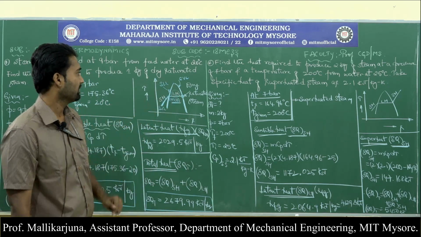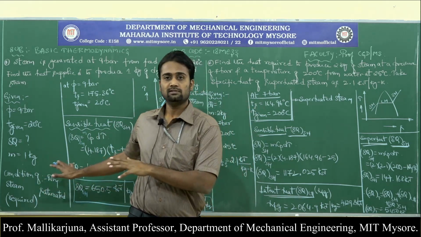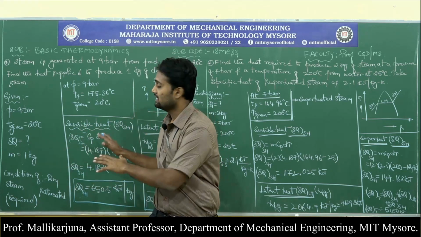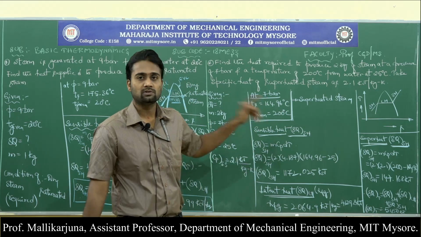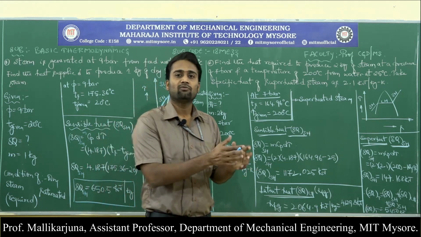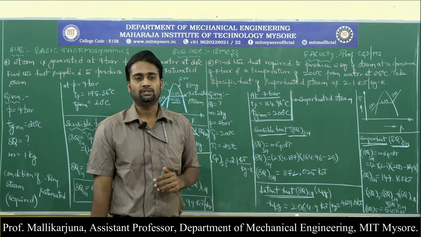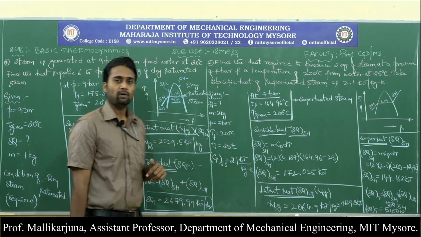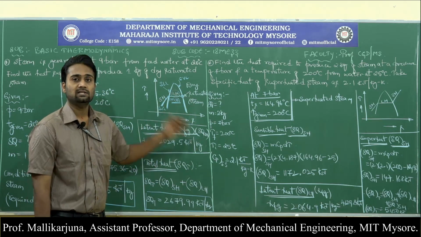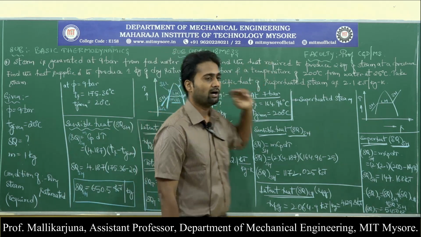So now I will look on to another problem which is very similar to this, but we have certain different conditions over there. By keeping this analogy in mind, we can analyze this problem also, so that we will come to know what are the variations, if a little bit of variation is there in the kind of the substance they have to mention. So let us look on to the problem now, so that we will understand what is the given condition of the steam. Find the heat required.